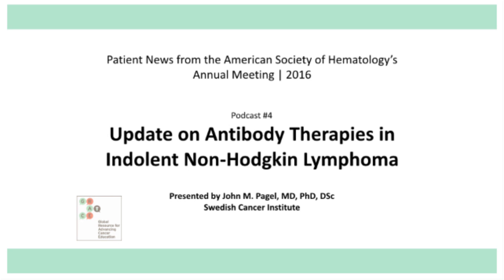What was seen is that regardless of what chemotherapy backbone was chosen, patients did about the same. But the use of obinutuzumab, the newer anti-CD20 antibody, showed a significant improvement in progression-free survival, which means a longer time till people either progressed or relapsed with their disease, and patients therefore had a much longer time before they needed their next line of treatment. That was a significant improvement over those patients who were randomized to get the rituximab-containing regimens and the rituximab maintenance